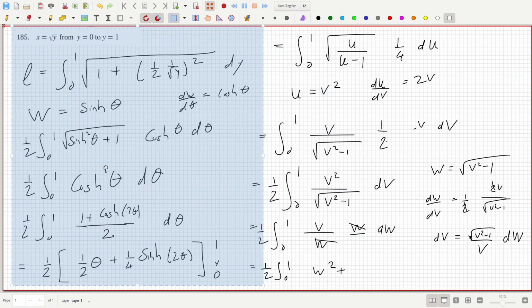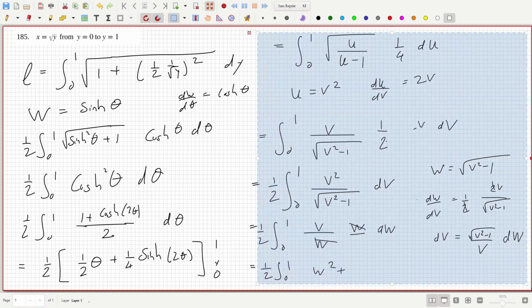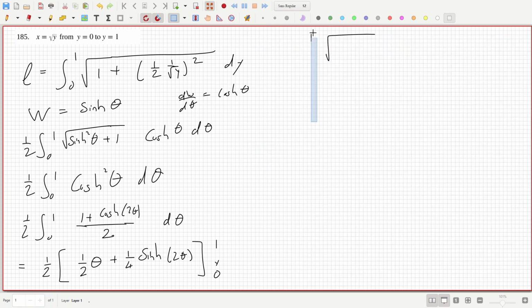Then it was w equals hypersine, and the y was 0 to 1. And now actually I don't need the inverse function because it's just going to be